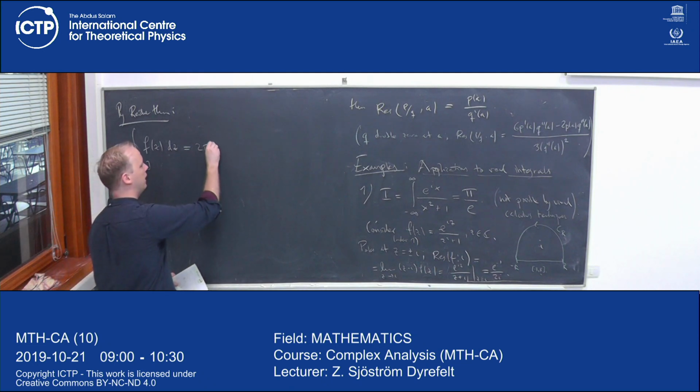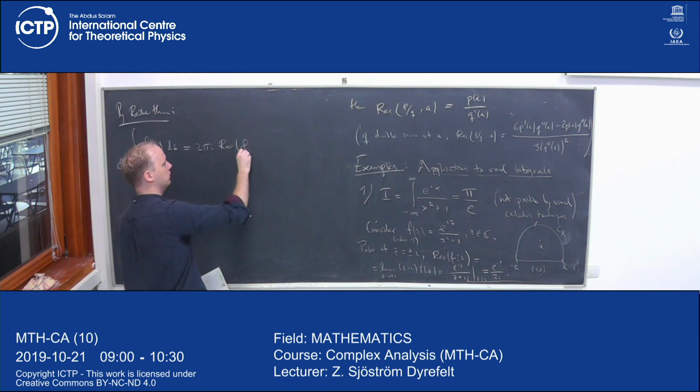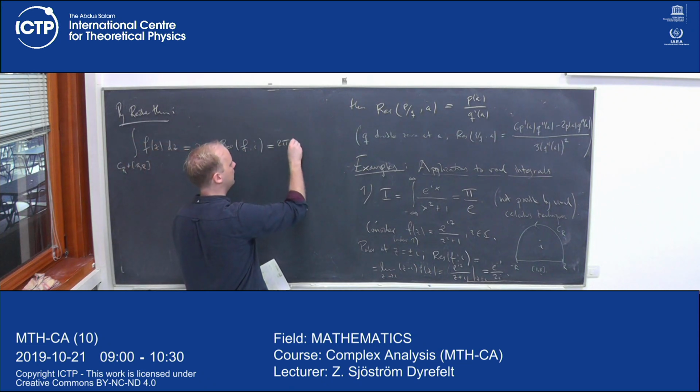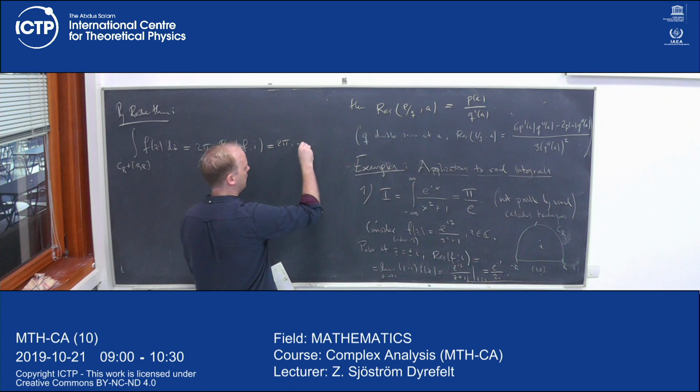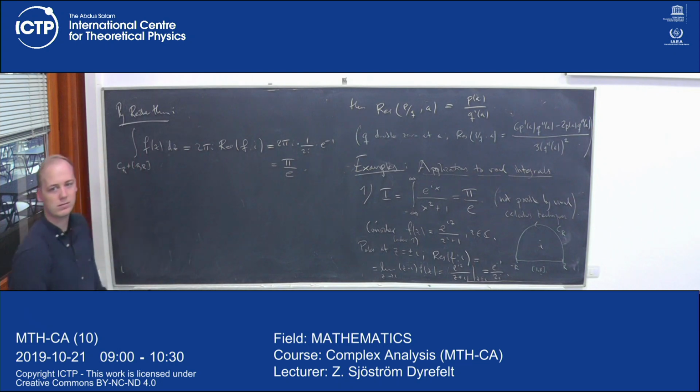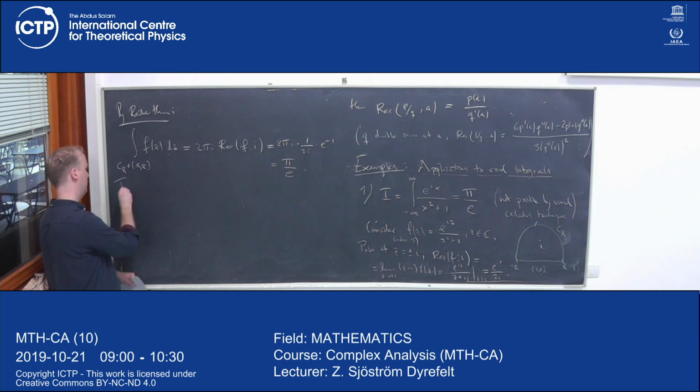This is equal to 2 pi i times the residue of f at i, which is equal to 2 pi i times 1 over 2i times the inverse of e, which is equal to pi over e. It is equal to pi over e. Good. And now, to conclude,